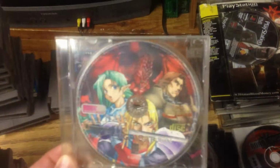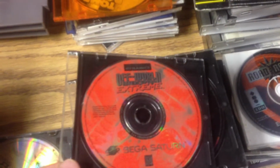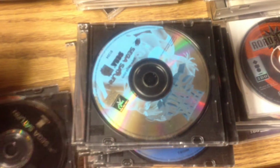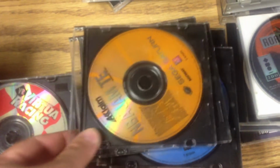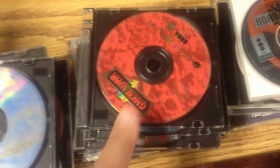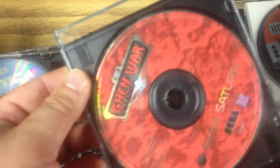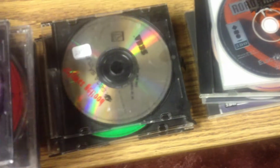So we got Dragon Force, which is actually a really, really cool looking disc here. Let's see, NBA Live 97, Off-World Interceptor Extreme, Mech Warrior 2, Dark Savior, Daytona USA, Wipeout, Virtua Racing, NBA Jam Tournament Edition, Mortal Kombat 2, Tomb Raider, Robotica, Wargames, Myst, Loaded, NHL All-Star Hockey, Ultimate Mortal Kombat 3, the Bootleg Sampler,